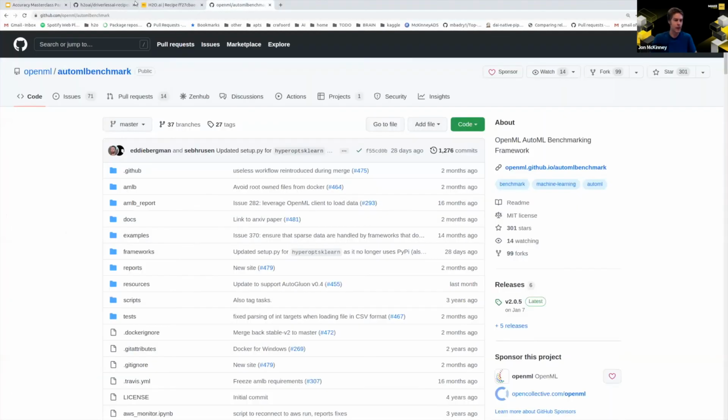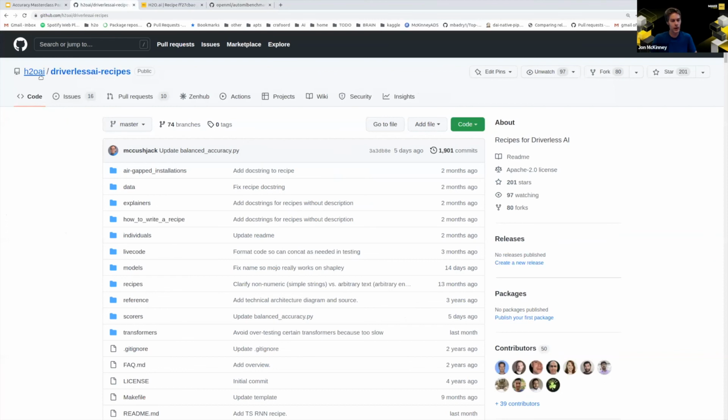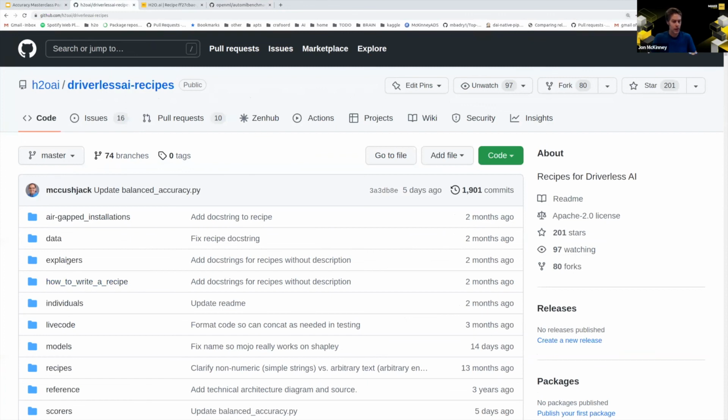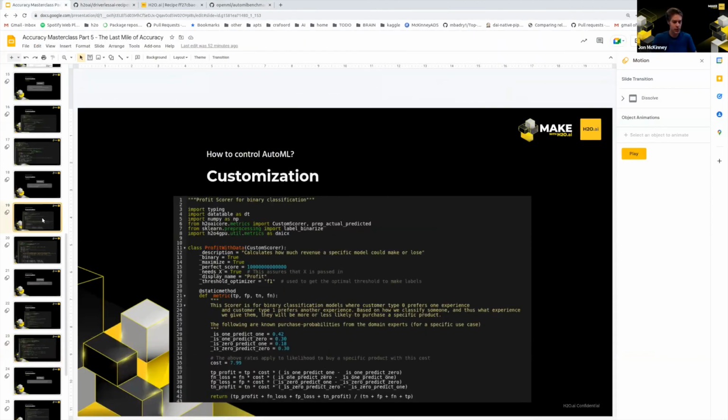So we have this website called H2O.ai Driverless AI recipes, which is open source. There's a huge number of types of recipes, like the individual recipes I showed. There are model recipes, like I showed, the transformer, like that log transformer, and there are data recipes. So a data recipe, one of the last things I'll show,